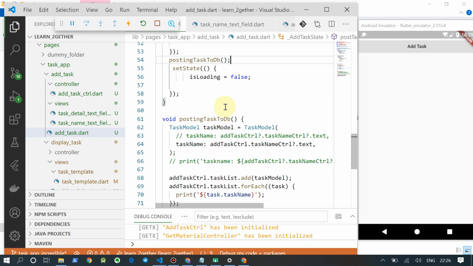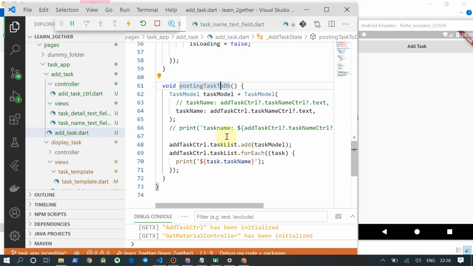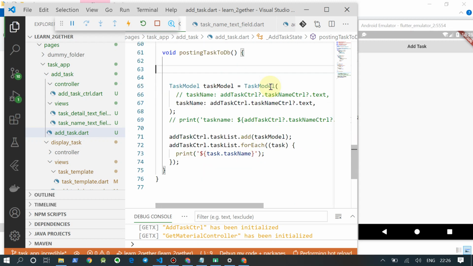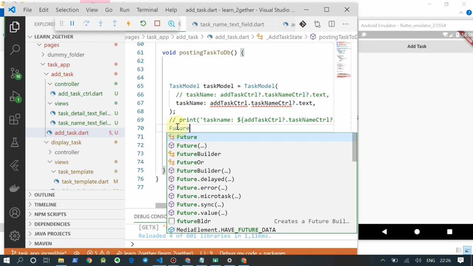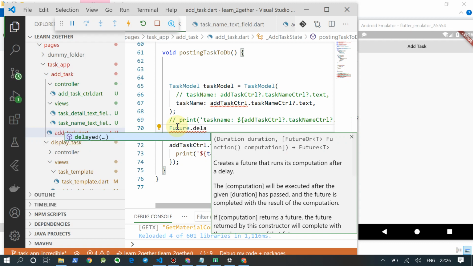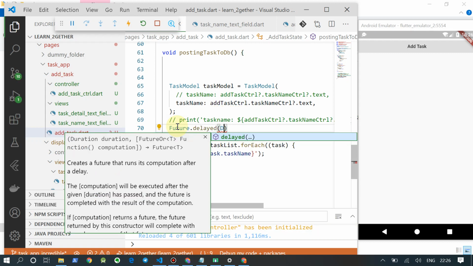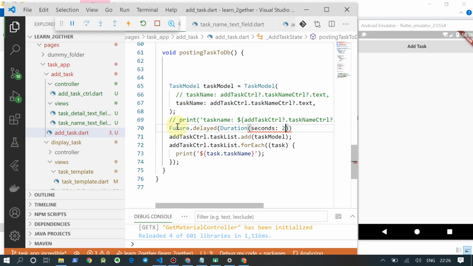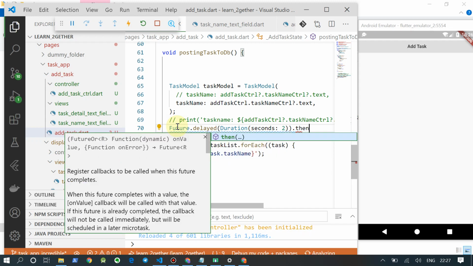So for that, in adding post task, we can use some delay in here. The task model is here, Future dot delayed, then duration seconds, 2 seconds we will take, and dot then.